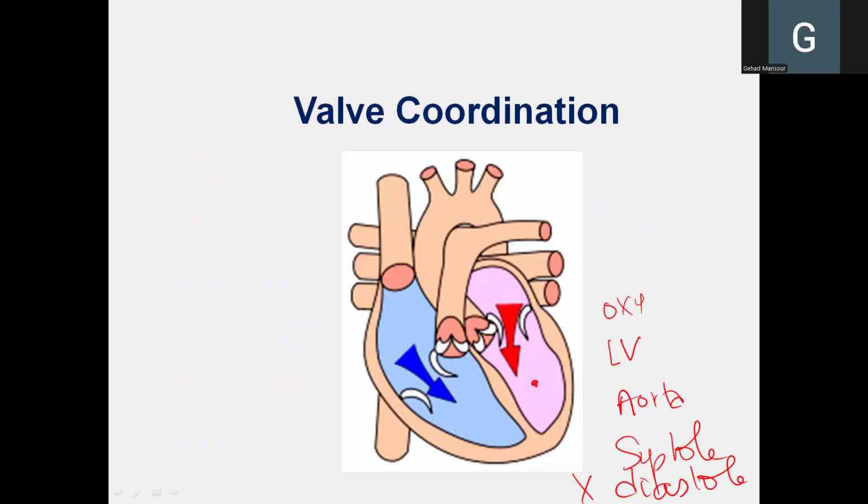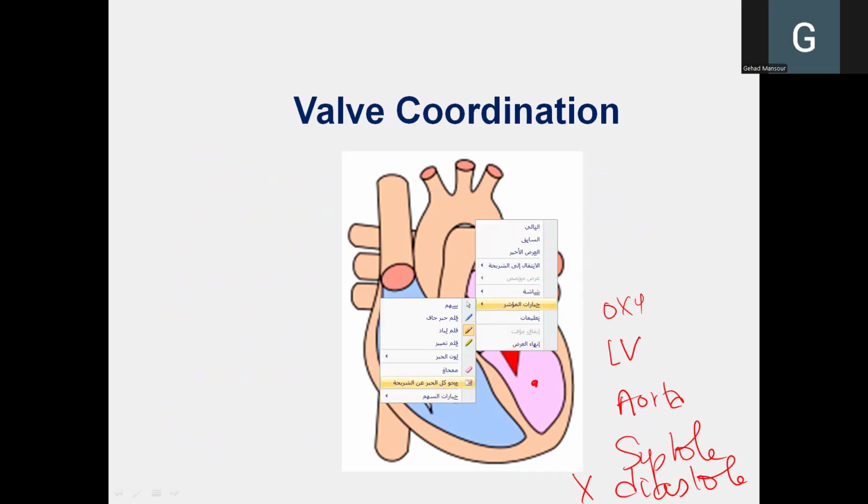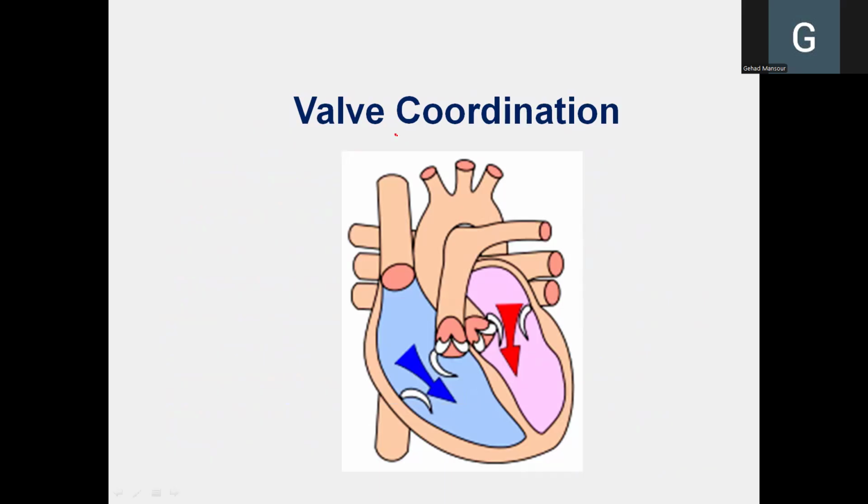So we come back here, which is what we call the valve coordination. So I might ask you to justify the fact that the work of the valves related to the heart is coordinated. What do we mean by coordinated? We mean that they arrange together to make the flow of the heart in the good direction to ensure forward flow of blood. And when we say forward flow of blood, we mean in the good direction, in the correct direction. So one example of coordination is when the